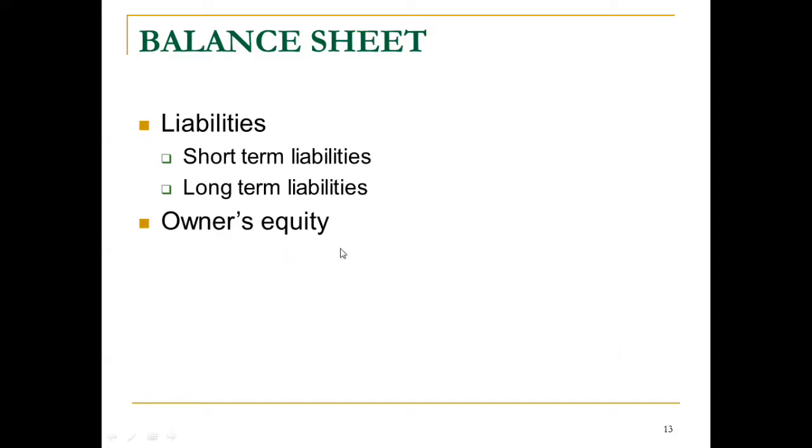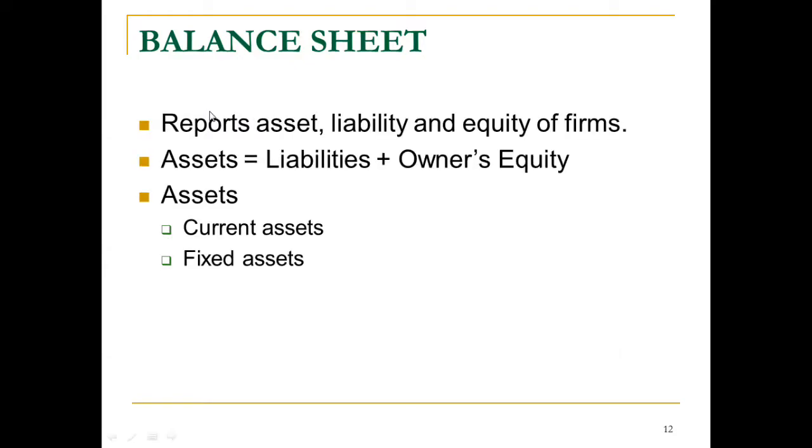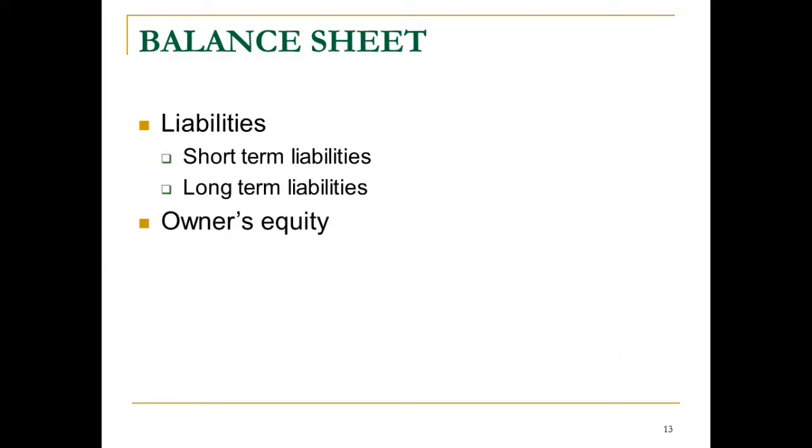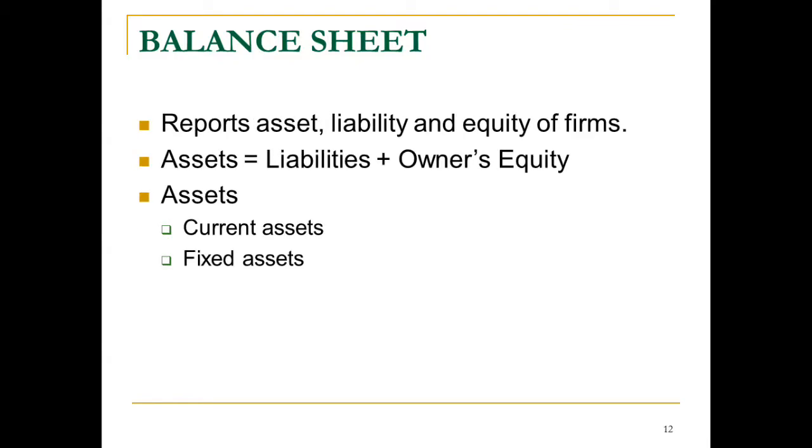And the owner's equity is the amount of capital that the owners, or shareholders, put into the company. So these are the elements of a balance sheet, which are assets, liabilities, and owner's equity. Basically, assets must equal liabilities plus owner's equity. Or I can say it as A equals L plus E, where A is for assets, L is for liabilities, and E is for equity.